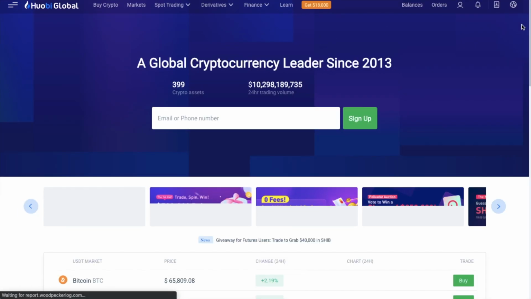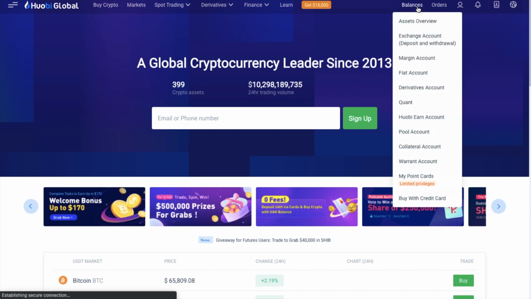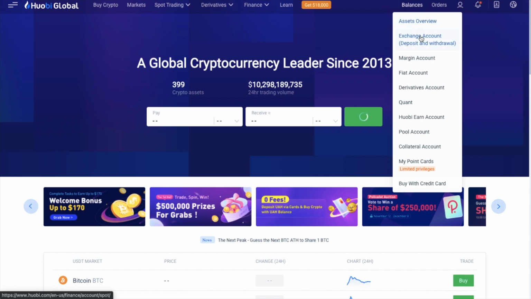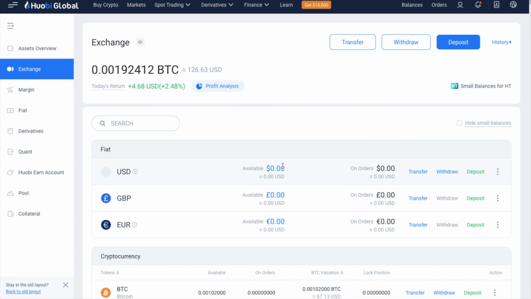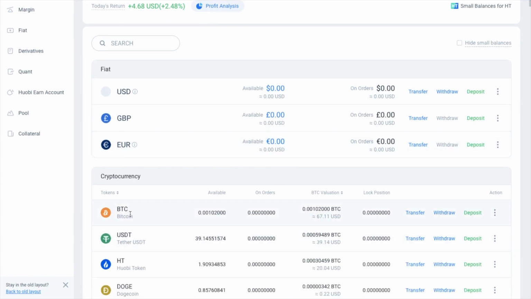If you've bought your first cryptocurrency with Huobi Global, but now you want to send it across to the likes of a hardware wallet, like a Ledger or a Trezor, I'm going to show you that process first. So if we head across to our balances and search for our crypto, which in my case is Bitcoin, and then if we click on to withdraw,